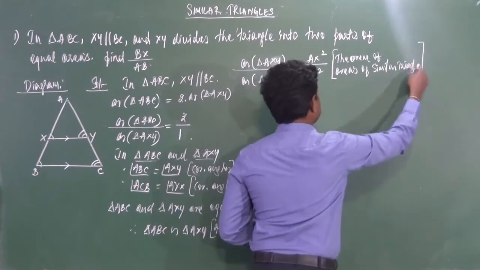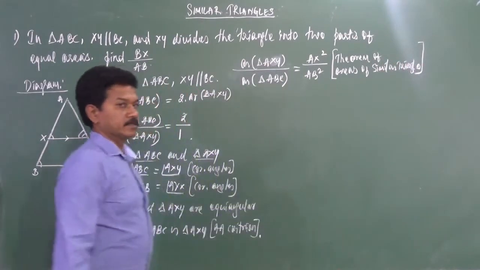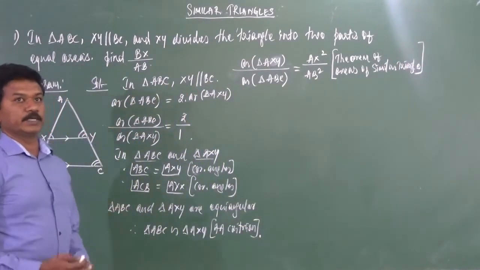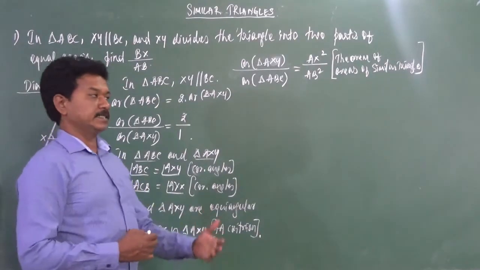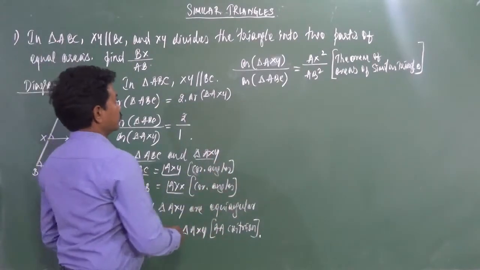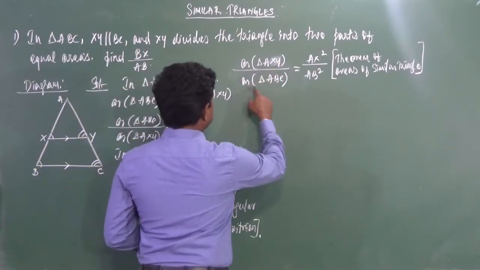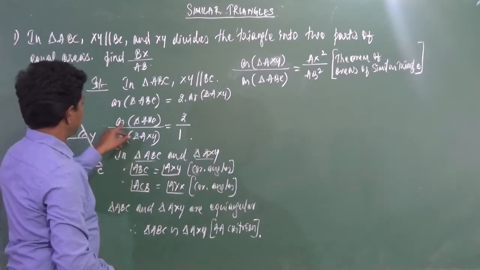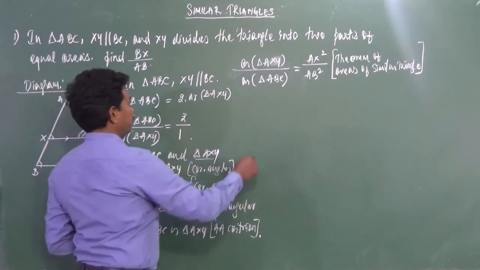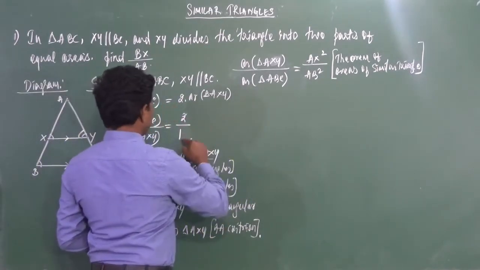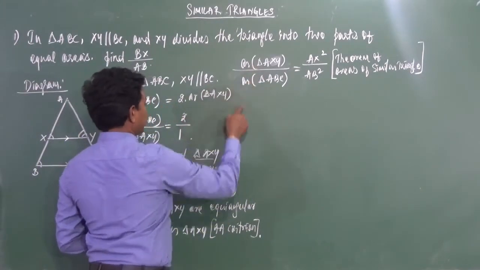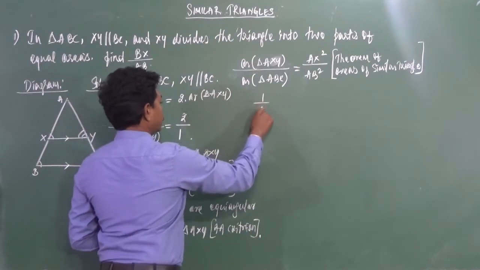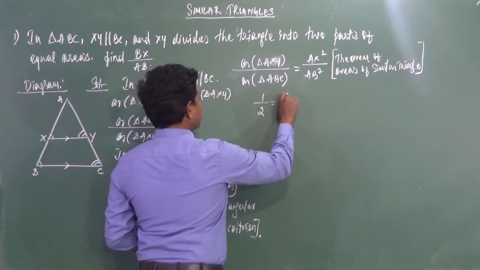Right, so this will be the reason: areas of similar triangles are proportional to the squares on their corresponding sides. That can also be written. So now, area of triangle AXY by area of triangle ABC, I have taken. The ratio of area of triangle AXY to area of triangle ABC will be 2 by 1. As I have taken the reciprocal of that, you can take it as 1 by 2 is equal to AX